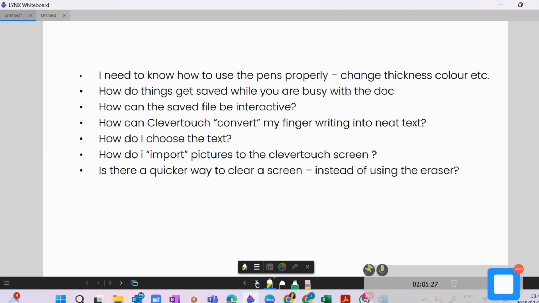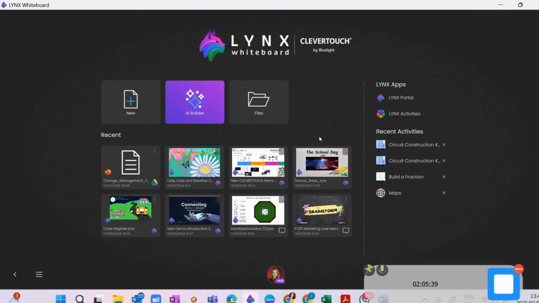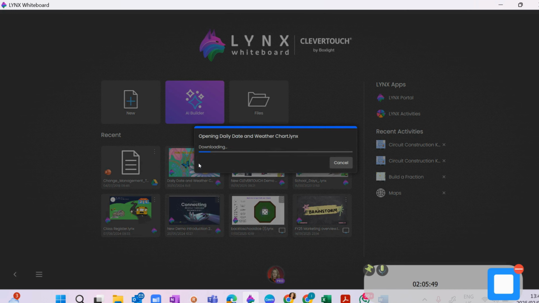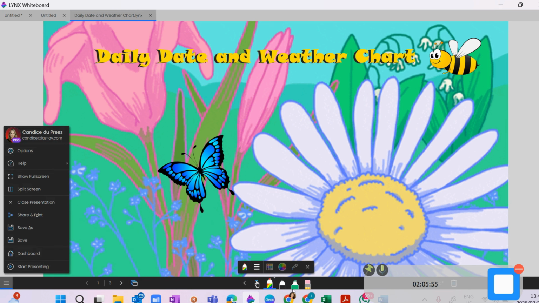Okay. How can the save file be interactive? Well, I think it depends what file you're talking about. So again, if we're talking about links, I'm going to give you an example here. So you will see in my dashboard, I have a number of open lessons or lessons I've already created. So I'm just going to take something as simple as a weather chart, which if it's foundation phase, this is a must. Right, so what you're going to do is, I've now gone and created this, so I'm going to